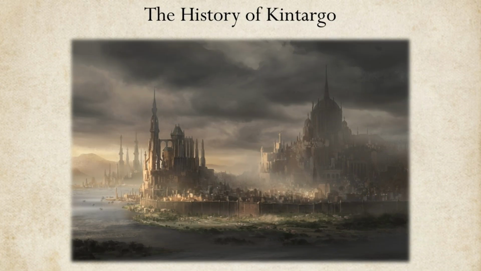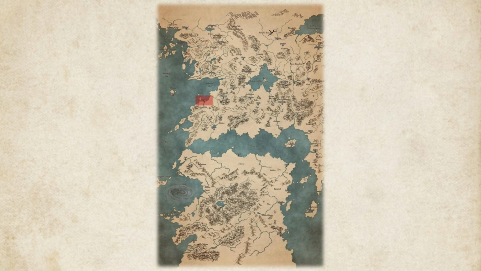The History of Kintargo. The known history of Kintargo begins in 3213 AR, with the official naming of the first Lord Mayor, Charletra Andos, the Red General of the Empire of Taldor. Of course, the town had existed prior to the general's arrival, but this marked the first time it had risen to prominence in Taldan imperial records. The town remained a small fishing village for a few years after the Lord Mayor's appointment, but this would not remain the case for long.